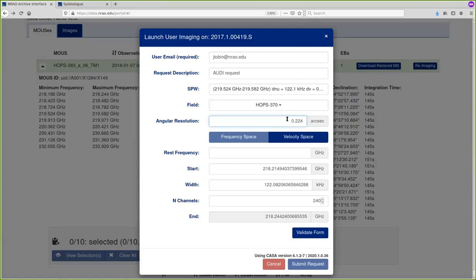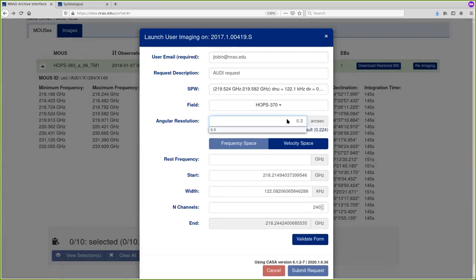Next, you can request higher or lower angular resolution. Note that you might not get exactly what you request because the imaging pipeline will simply get as close as possible within the limits of what the data allow. I'll request modestly lower resolution, but if you decide to go back to the default, you just click on the Use Default text that appears